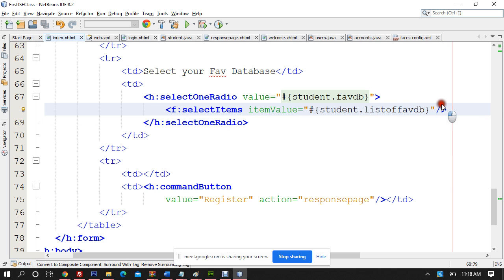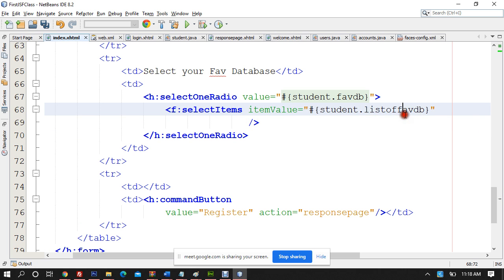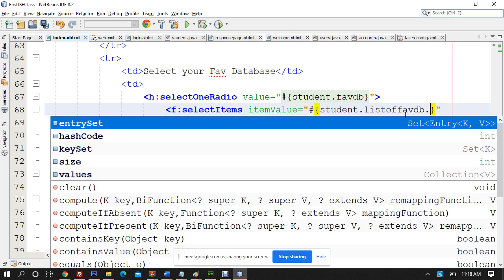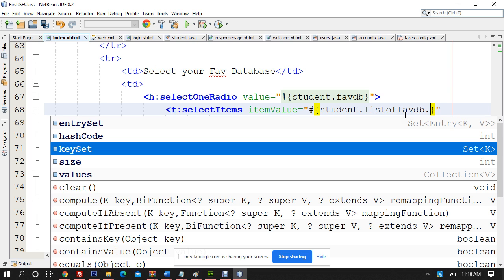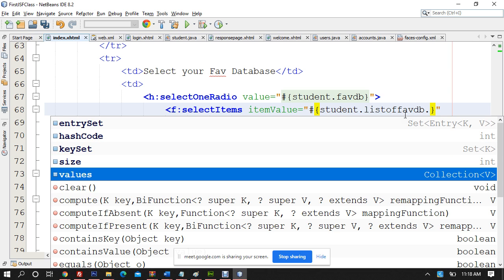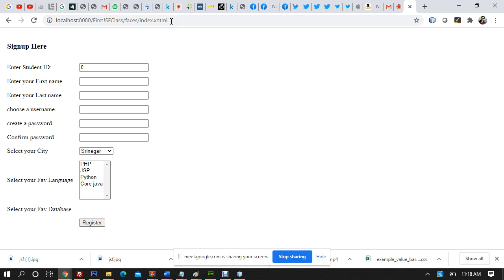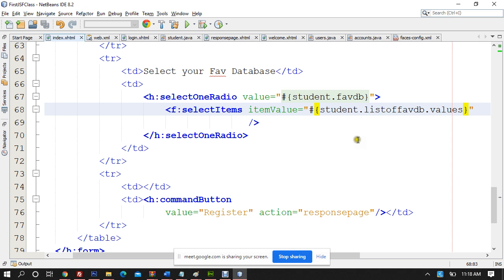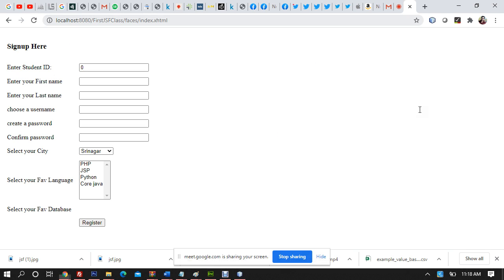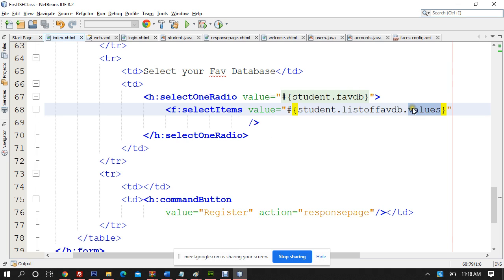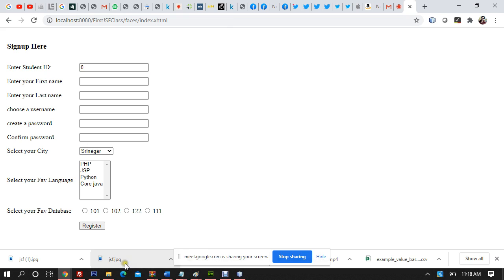All right, so that is the list of values. Just a moment. Let it refresh. All right, so now what we are getting